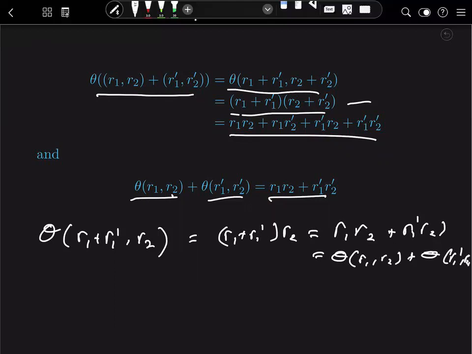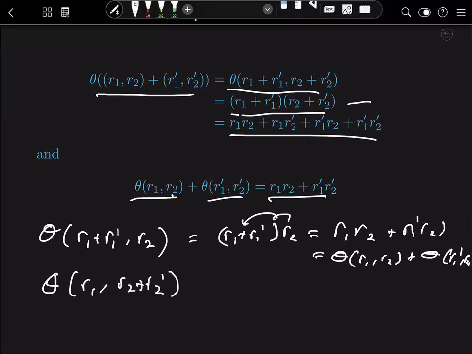So we see that it's almost like theta is a homomorphism in the first factor. When we fix the second factor, we can split theta into a sum. So it's almost like a ring homomorphism, or some kind of additive homomorphism in the first factor. And this is because of distribution on the left, right? So we can distribute on the left. But similarly, we have